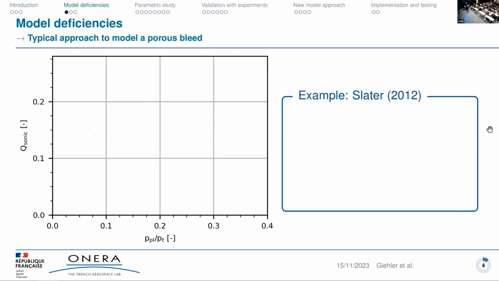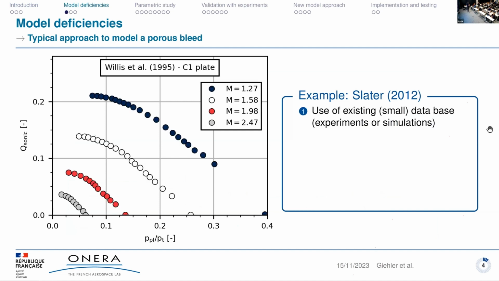So I start with talking about model deficiencies. The typical way of defining a model is, of course, always the same. But I take here the example of the boundary condition of Slater, which is from NASA and widely used for supersonic air intakes. And what he did, he used only some experimental data from NASA experiments from the 90s on supersonic turbulent boundary layer bleeding. So you see here the sonic flow coefficient. That's just the bleed mass flow rate normalized by the sonic mass flow rate, which is calculated with the total